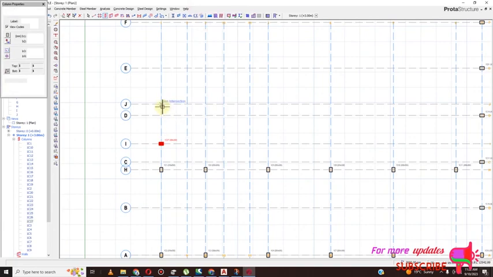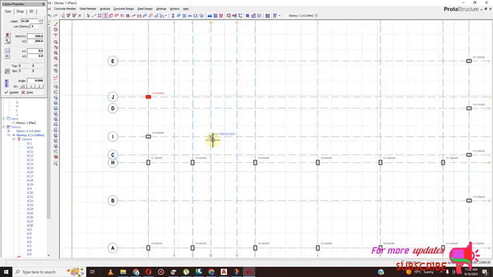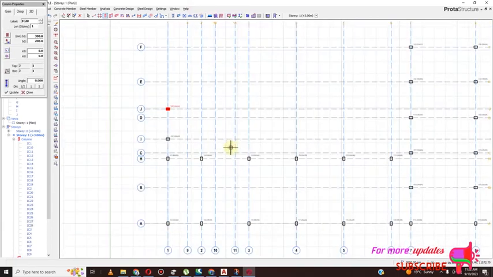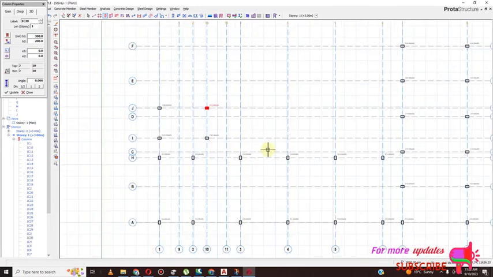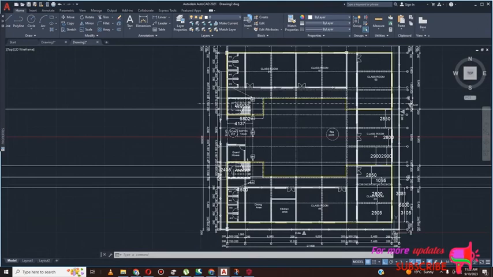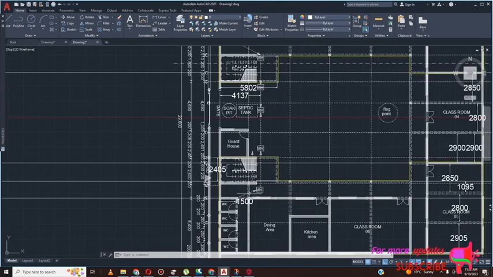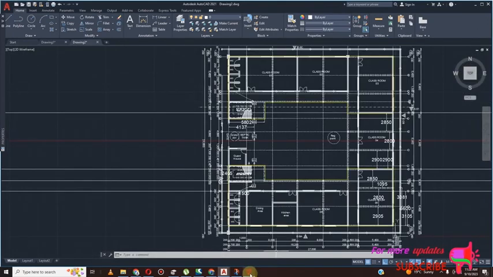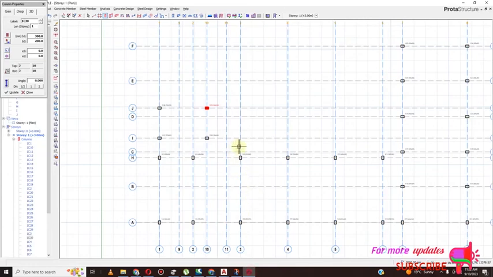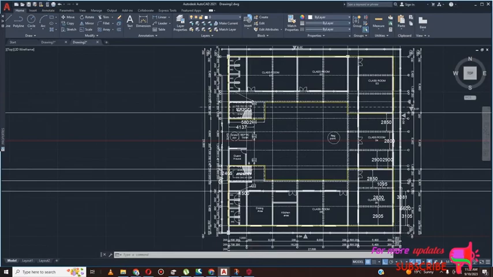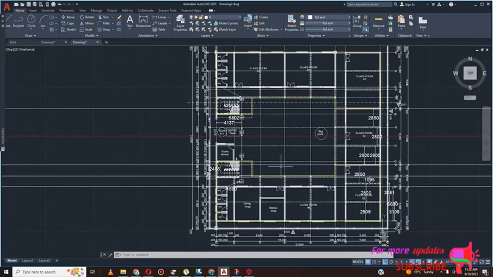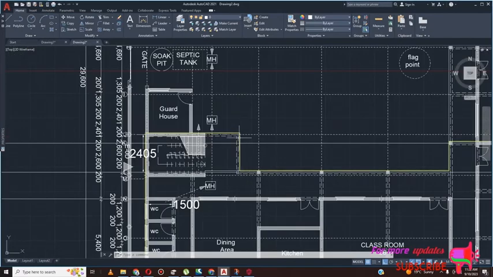Just copy this property and then put it here. Then there, then there. Okay. Now here we have balcony. We have balcony. And I think here from the architecture specification, this balcony,